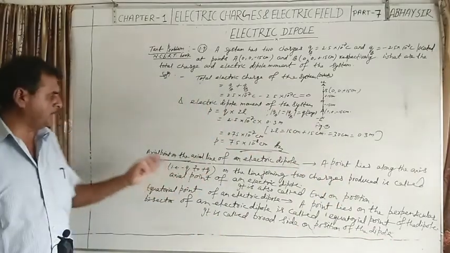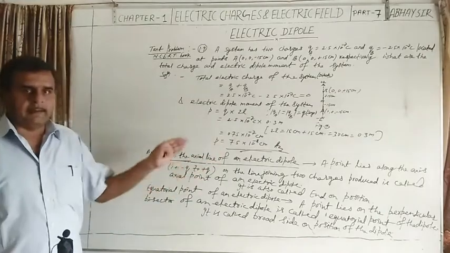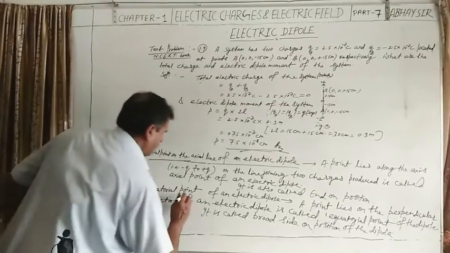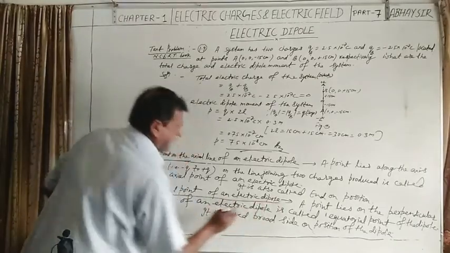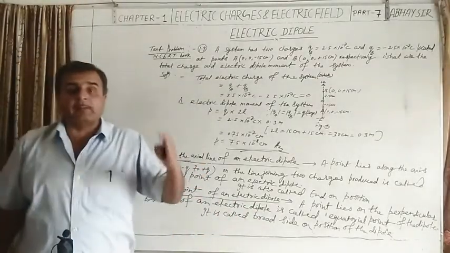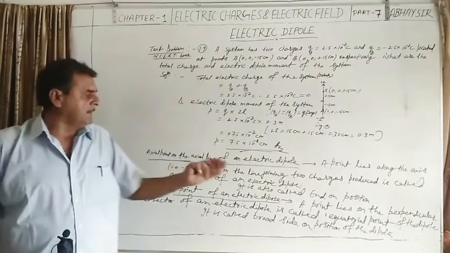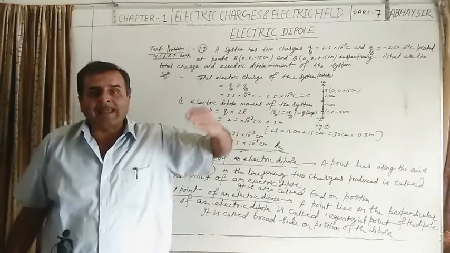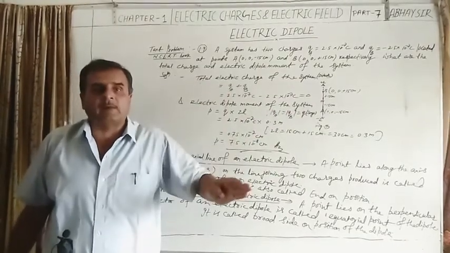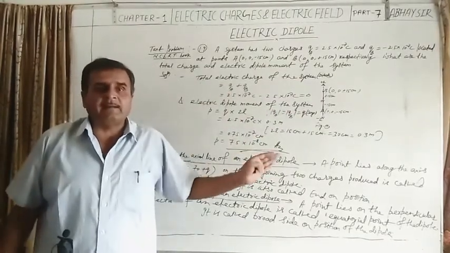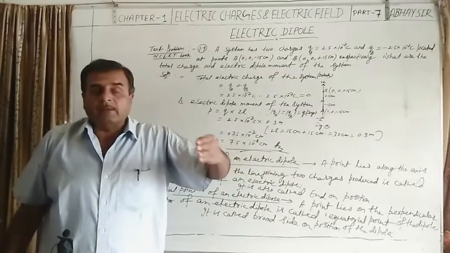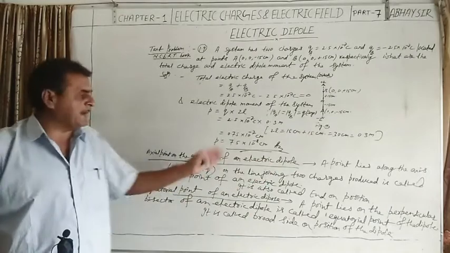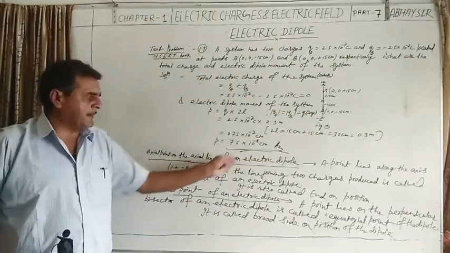This is the definition of the axial point or axial line of an electric dipole, and this is the equatorial point on the equatorial line, which lies on the perpendicular bisector of the electric dipole. The axial point is along the axis of the dipole, that is the line joining the two charges minus q to plus q produced. Any point taken on the line along the axis of the dipole, when it is produced forward, is called an axial point of the electric dipole.